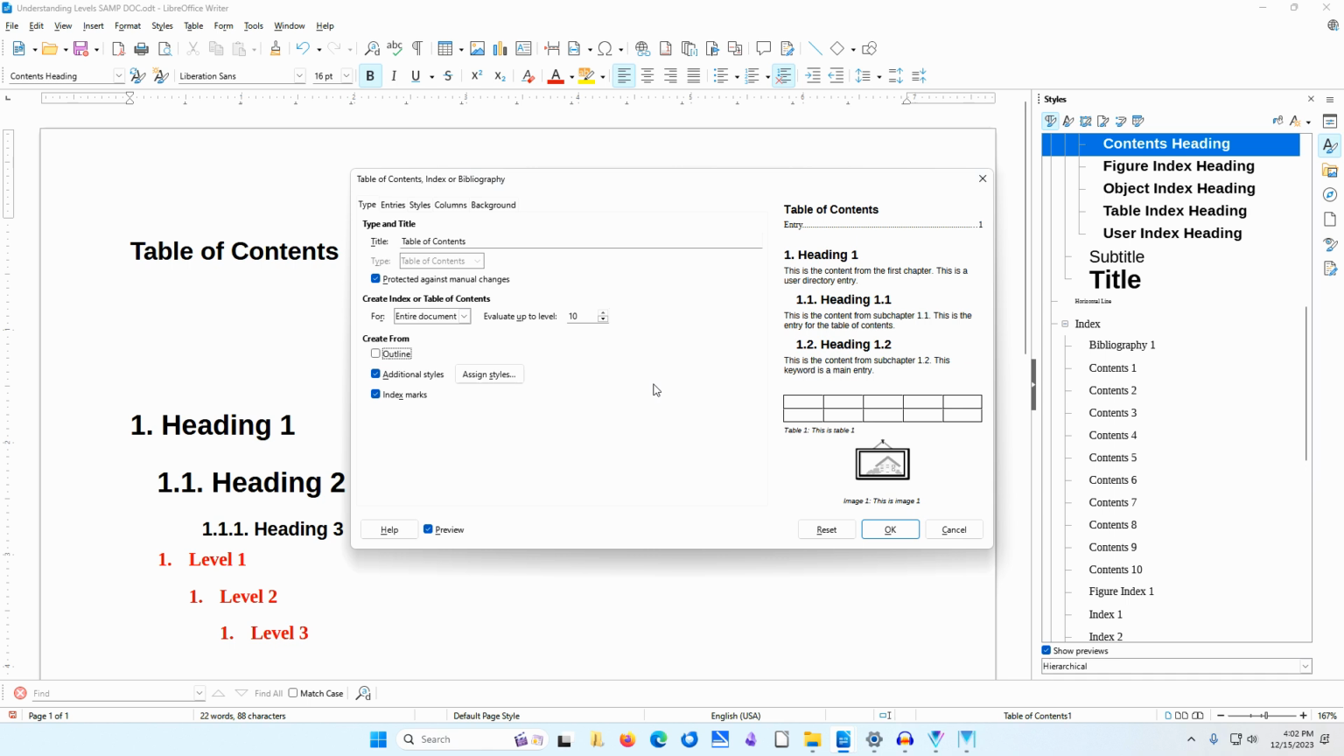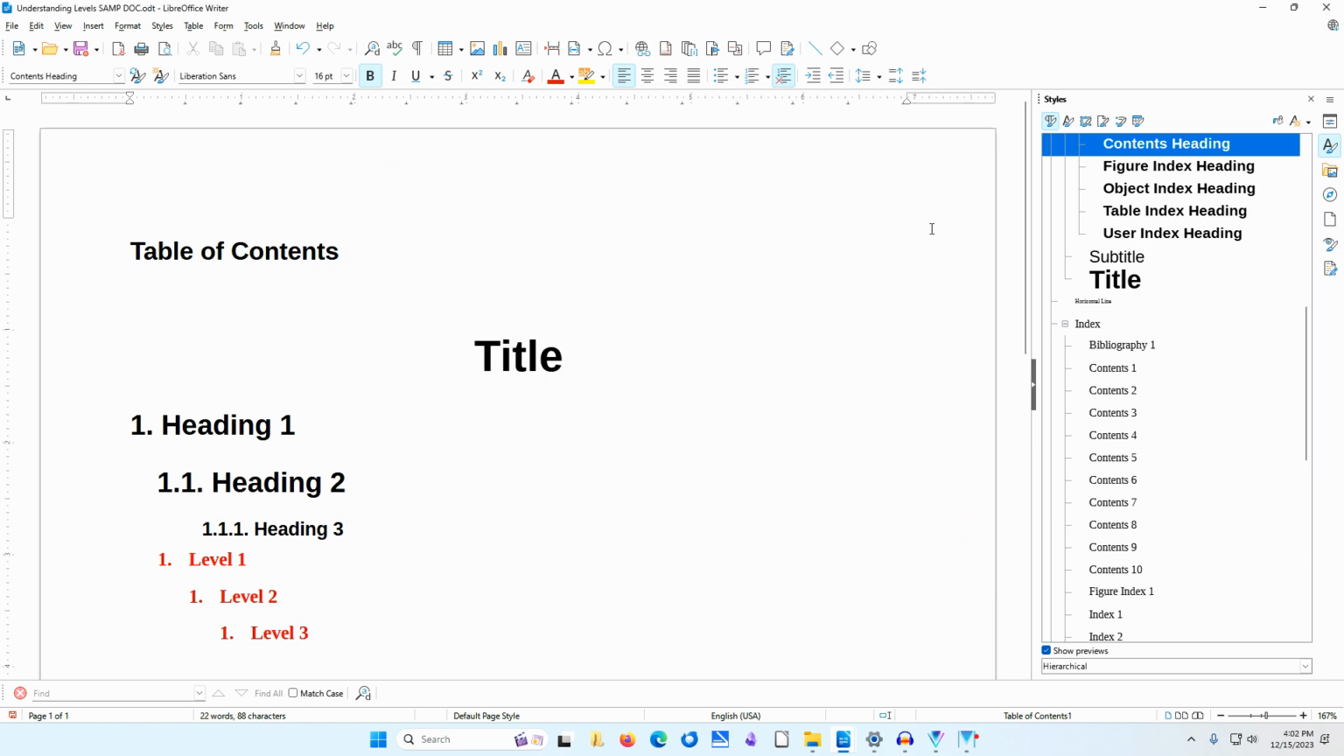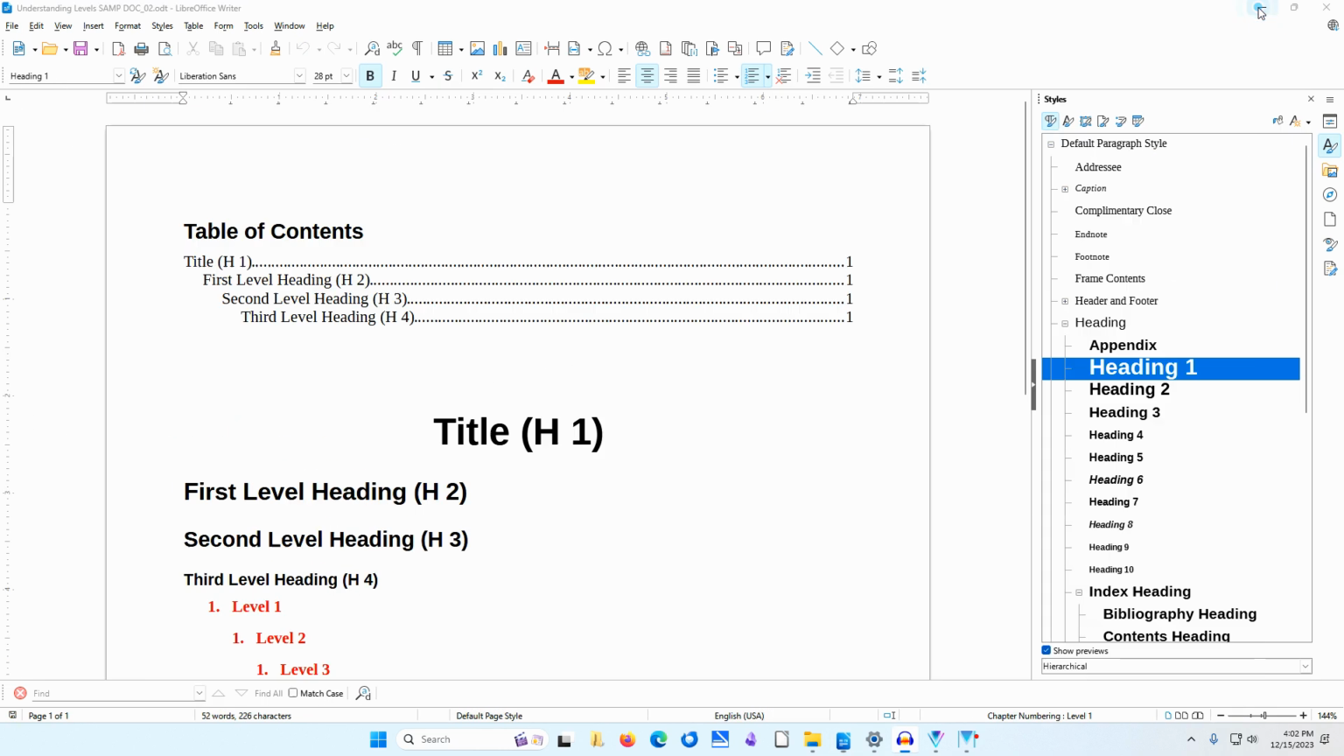Once you know how the different dialogues and levels are related, the most efficient way to get what you want is to design the original document differently. I'll close this dialog. I'll go to a document that looks similar but was styled differently. In this document, I used the heading 1 paragraph style for the document title. I reserved the title paragraph style for a title that won't appear in the table of contents, such as the